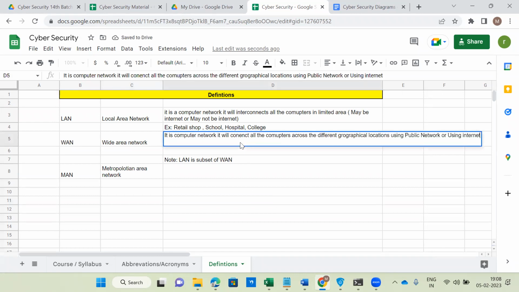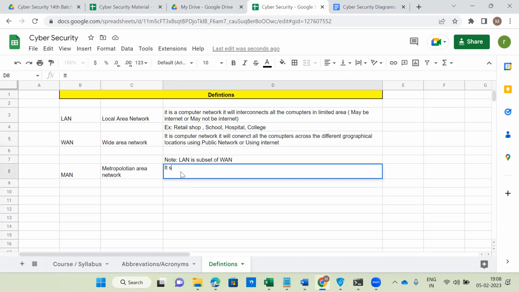It is metropolitan cities, within a city or maybe within a country. Okay, so it is a computer network. It will connect all the computers across the cities or areas within a city